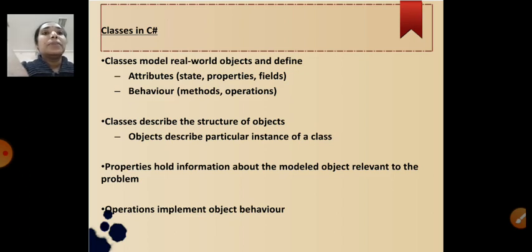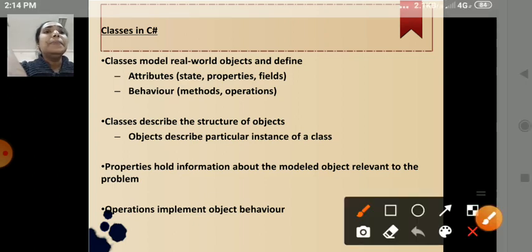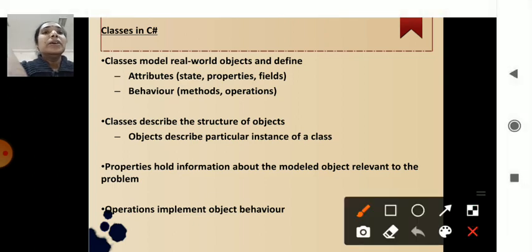Then you have the properties, nothing but get and set, getting the value and setting the value, and it has the fields, which may be read-only fields or static fields. So those fields are there in the attributes part. And you have the behavior, which, in the programmatic concept, is nothing but the methods, and the various operations. It may be doing addition, it may be doing subtraction, or it may be calling some function. Those are said to be the operations. So the classes consist of the attributes plus the behavior within that.